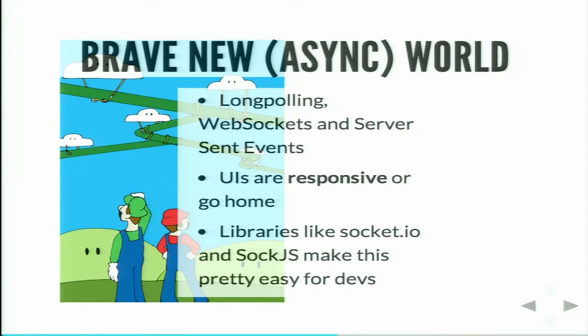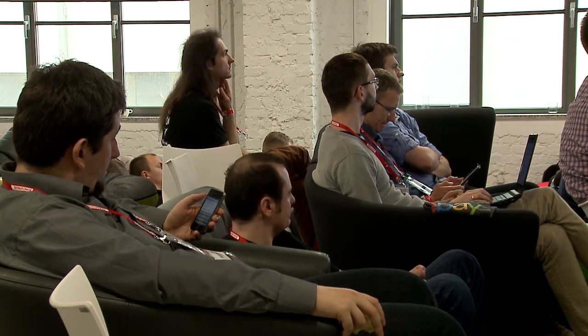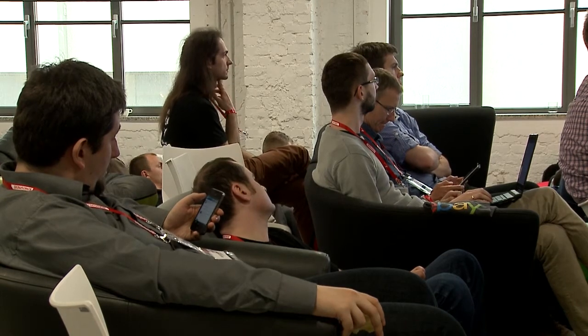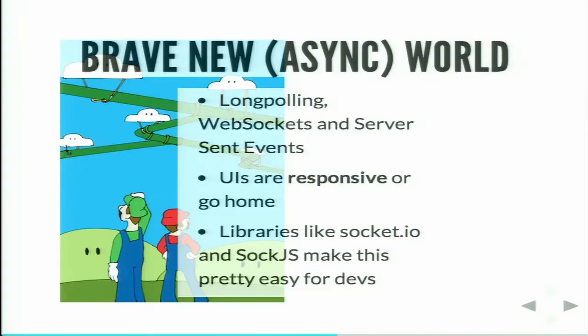As I said before, the UI, the front end, is almost pure JavaScript, which means everything needs to be non-blocking because you don't want to block the user interface. And you also get the added advantage of having, air quotes, real-time, the ability to push updates down to the front end and have them appear on the screen. So things like Socket.io and Sock.js make this really easy because they wrap WebSockets and server-sent events and give you a common JavaScript API on the front end.